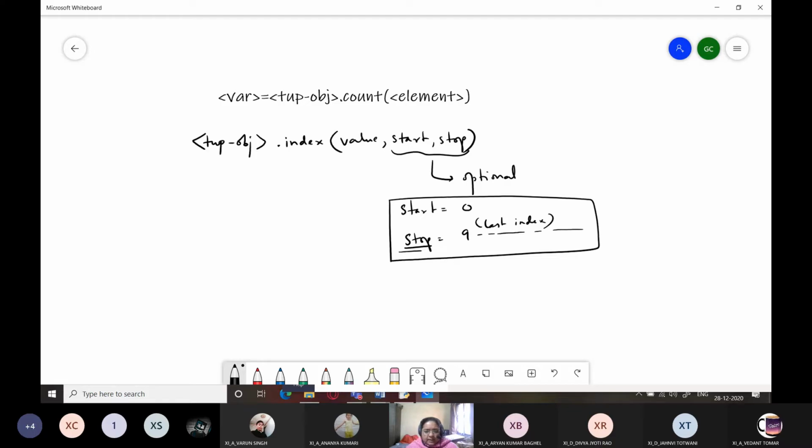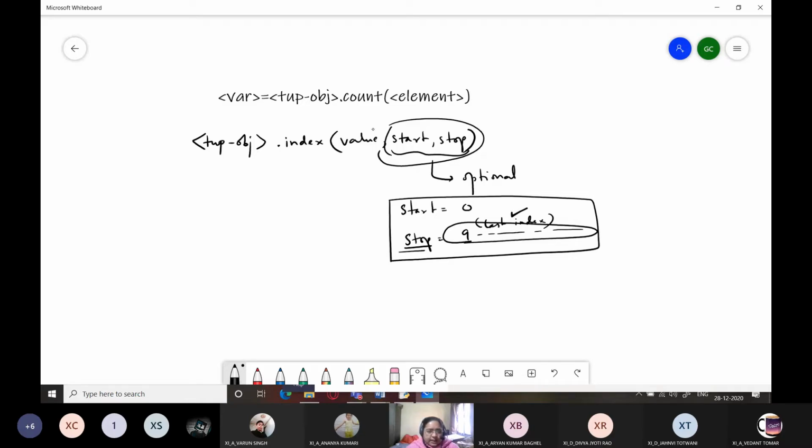This stop argument can actually accept numbers till this number, but in the context of your tuple which you have created, it will stop its lookup at the last index. It will start from the first index and stop at the last index, right? So these two you do not need to use if you don't have a specific requirement for searching in that direction.